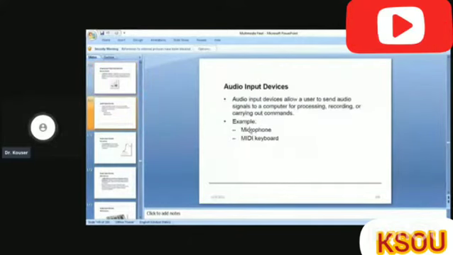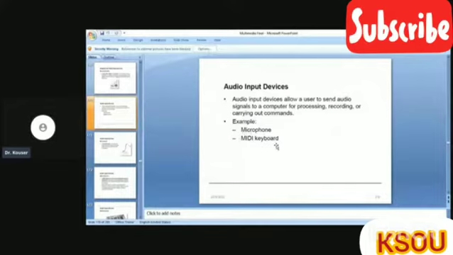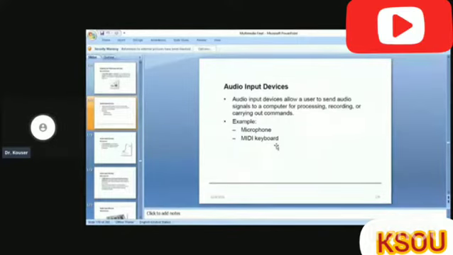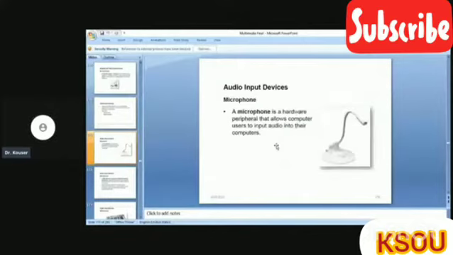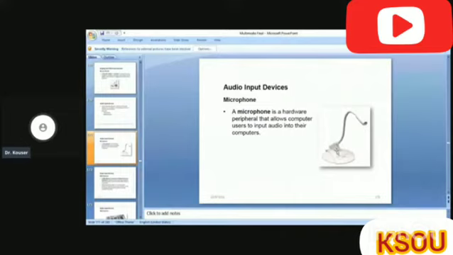There are some audio input devices like microphones and MIDI keyboards. These are used to carry out recording or give audio input commands through audio signals to a device. So this is a microphone. This is also a hardware peripheral that allows computer users to input